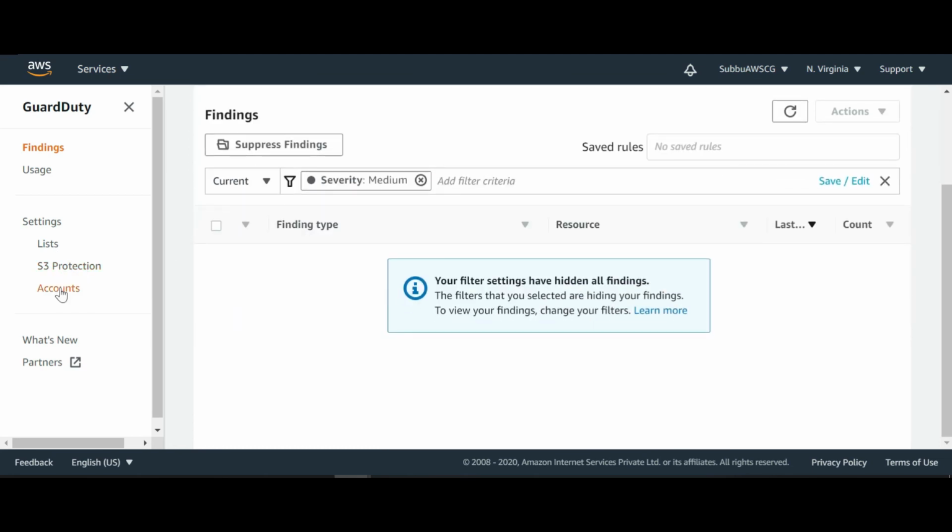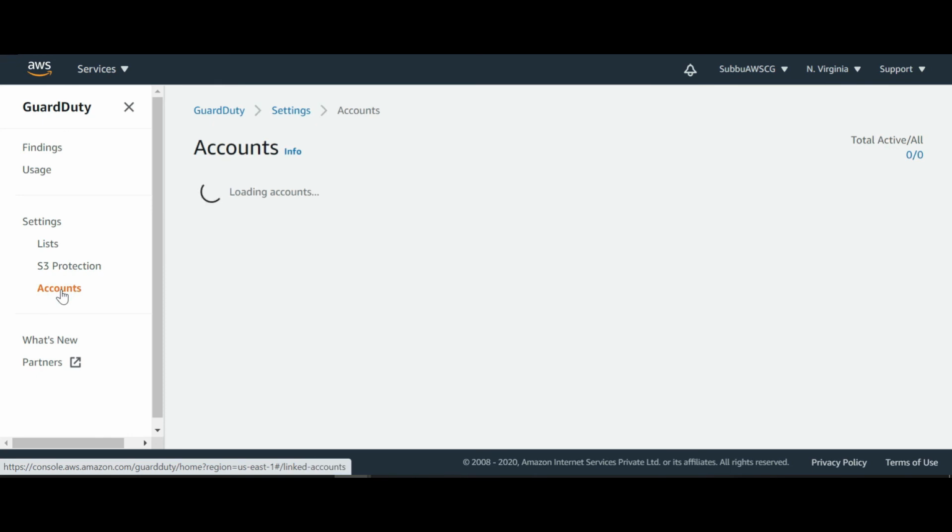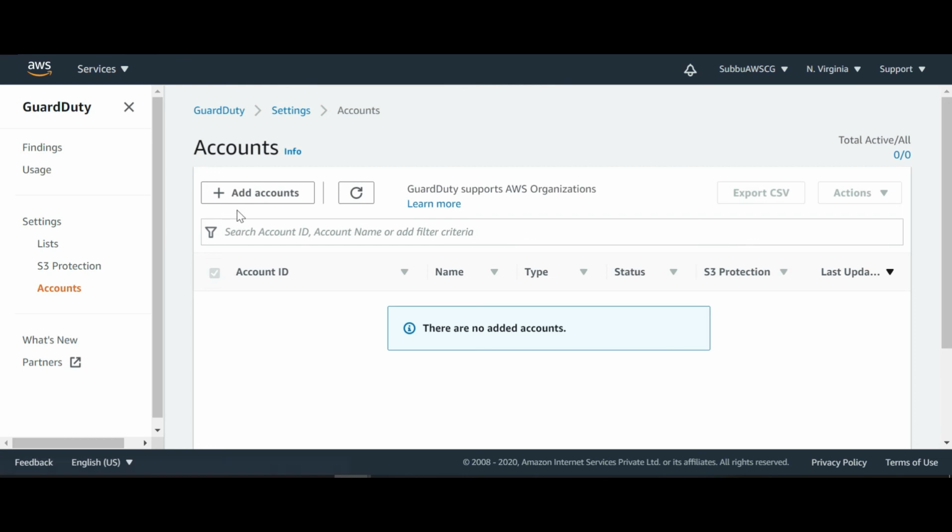And you can add different accounts here. So I can add another AWS account to my root account for GuardDuty.